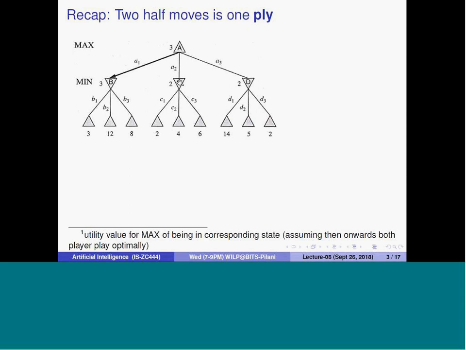Similarly, if I take this particular action, he will be in the scenario where he can choose from 2, 4, and 6. Definitely the opponent would go for action C1, so that I would be in the situation of 2. So the minimum is 2. Here the minimum is 3, here the minimum is 2. So if I take the action A3, the minimum is going to be 2. So what should be my strategy? I know that if I take this particular option A3, then he would take this particular turn.